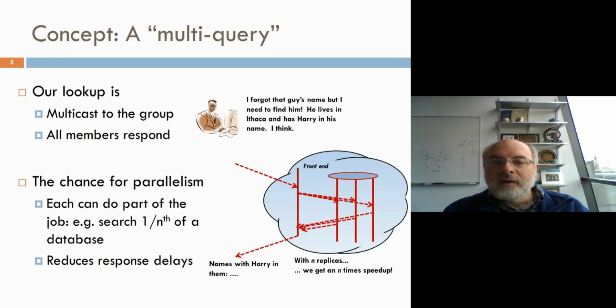And in particular, the multi-query that we did in the introduction module, which is illustrated on this slide, wasn't a very smart multi-query, and the reason I say that is because all the different members sent back the identical reply. It makes much more sense to get some parallelism, and so in fact we're going to work on trying to have the different members do different but useful work, and when we add the replies together, an action that's called aggregation, then we end up with a single answer that reflects the opinion of the entire group